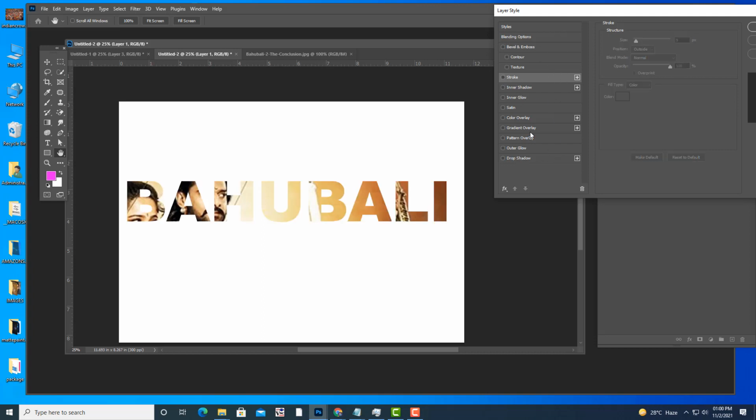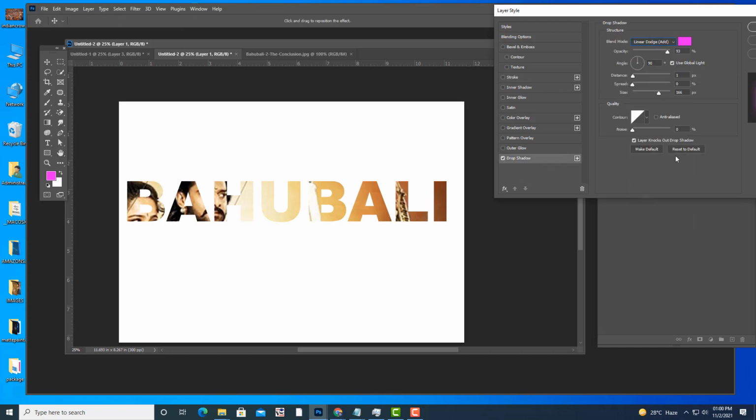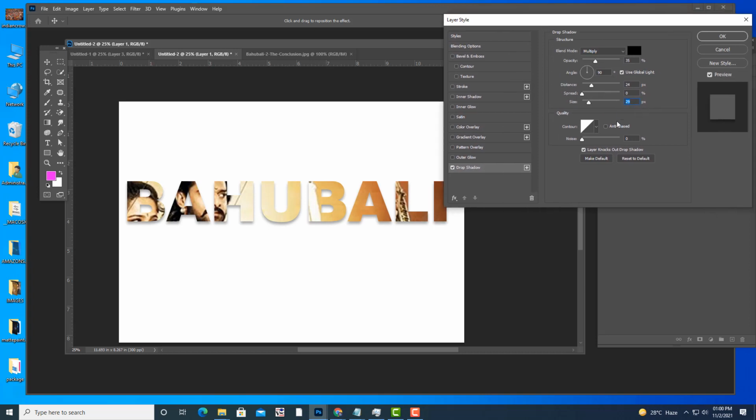And if you don't want a stroke, you can give drop shadow also. We'll just reset it. If you click on reset, it will come back to the black color, and then you can apply some drop shadow also. Can you see the shadow like that? So like this you can put an image inside the text. This is the first method.